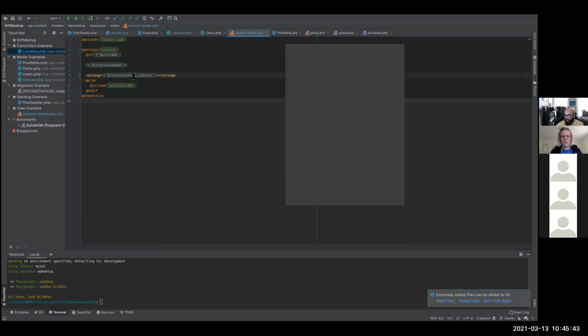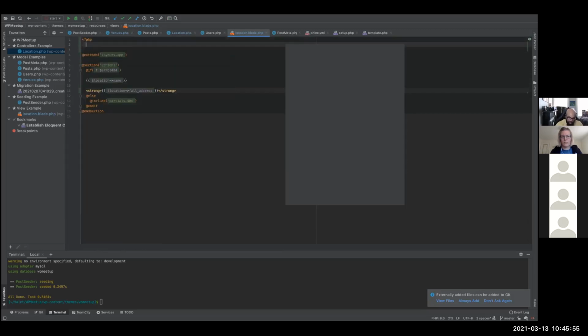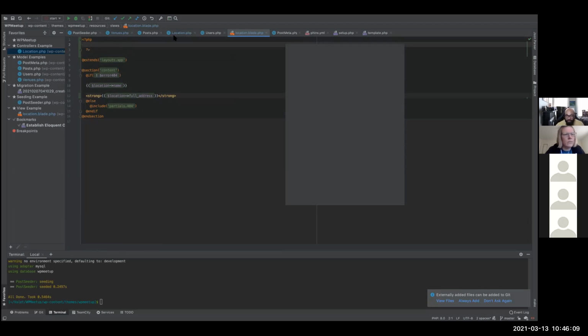So why do this is the question, right? Say I need to do all this data manipulation in a template. A lot of people would have it up here at the top. What I see in a ton of themes is someone doing something like this, writing all their logic up here at the top and then using the variables down here. So if somebody needs to debug this, it gets a little messy because you have a giant block of code at the top of your template, which isn't good for anybody to try to figure out.